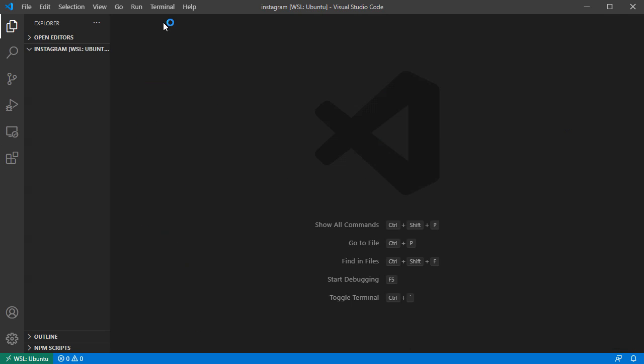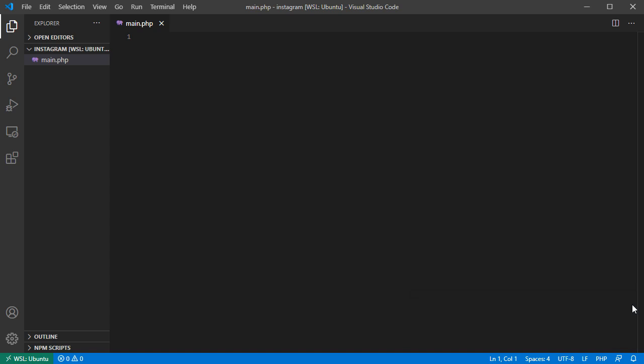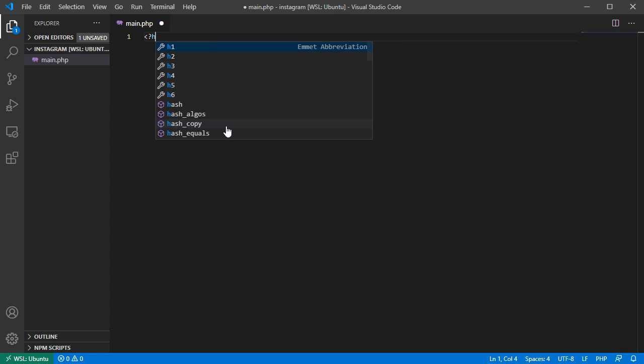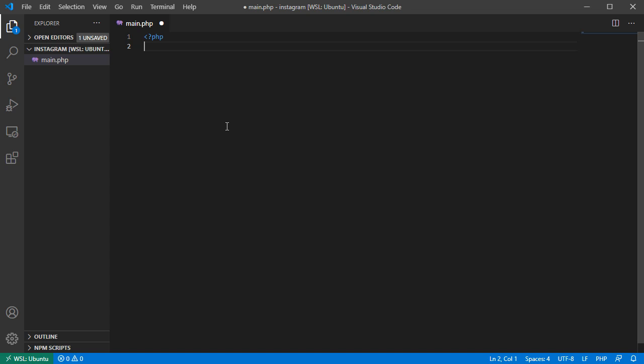So the main file here is going to be the main.php file. You can name it however you want, but I just like to do it this way, just makes things easier. And everything is going to start with a comment here, so WordPress knows that this is the main file of this plugin, and the comment is going to be something like this. Here I'm going to have the plugin name, so plugin name is going to be login with Instagram, and then description is going to say this plugin will add a login with Instagram button,